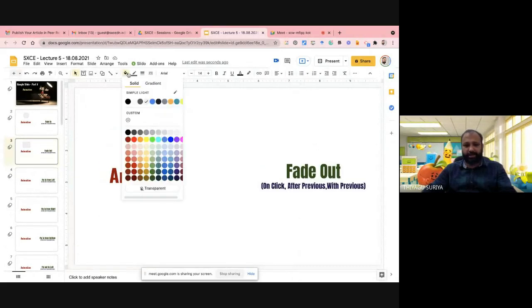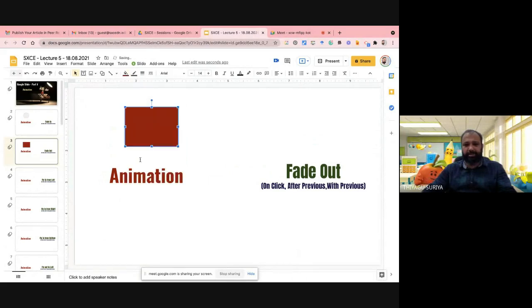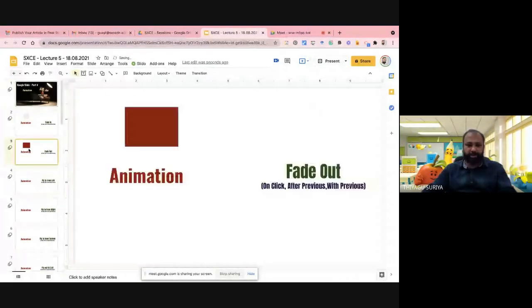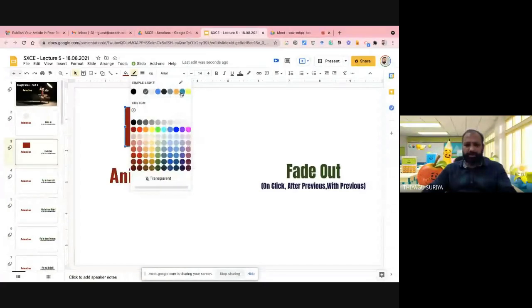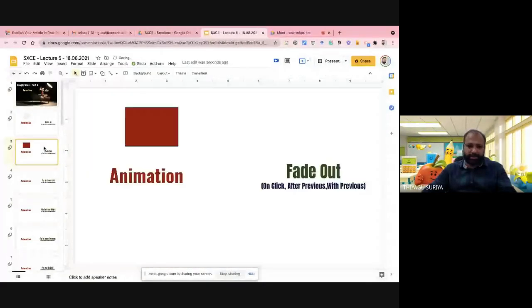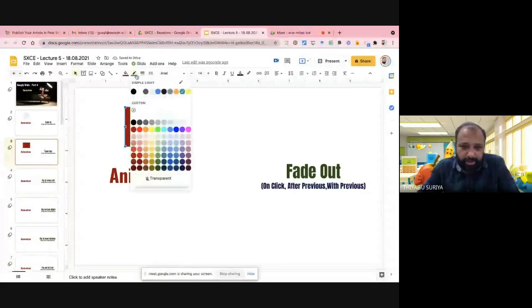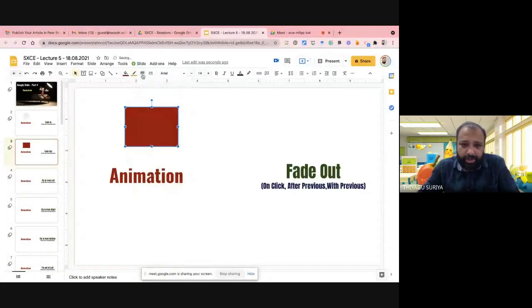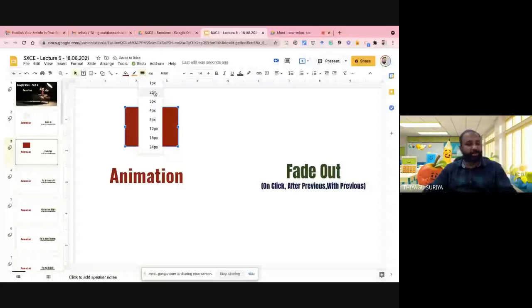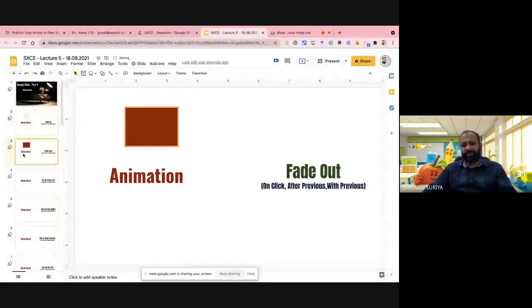If you'd like to give a color, you can. Now I'd like to give a color. And if you'd like to give a border, you can go here and change the border. If you'd like to increase the border size, there is an option here. You can go with 1 point, 2 point, or 3 point. As you like, you can increase the width of the line.